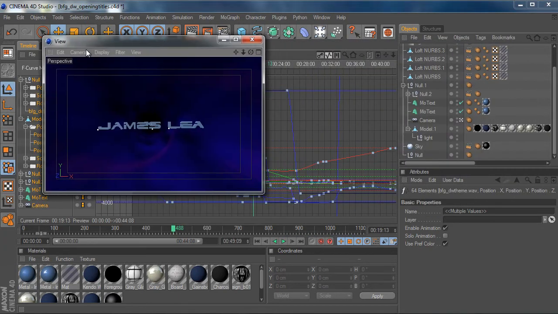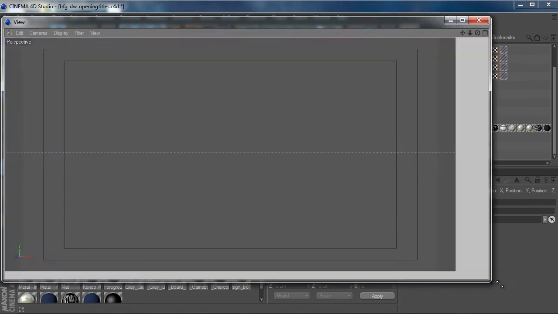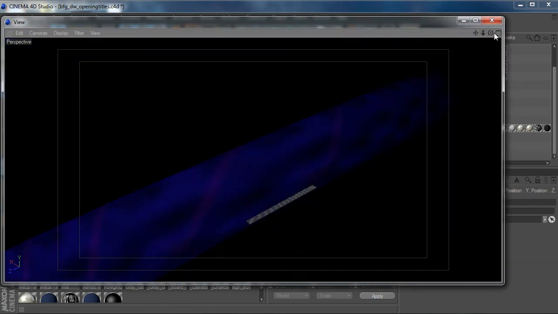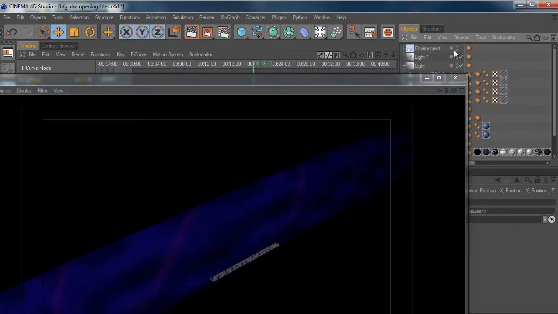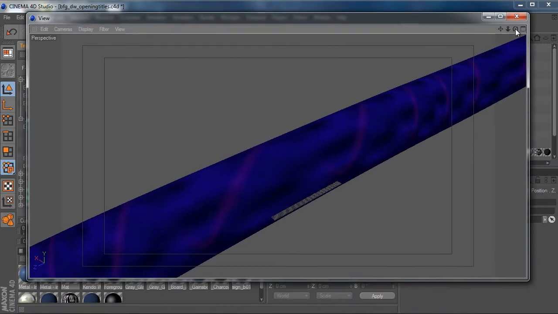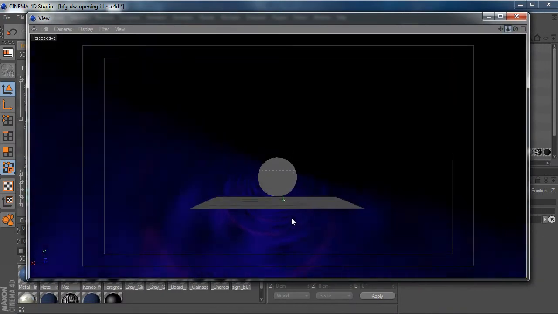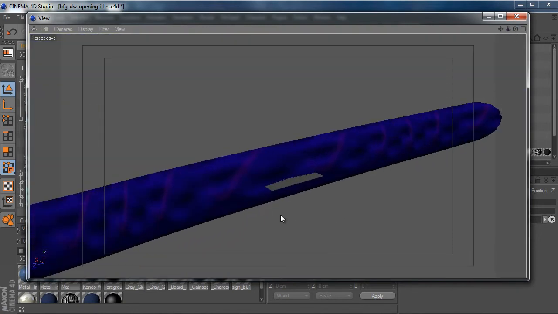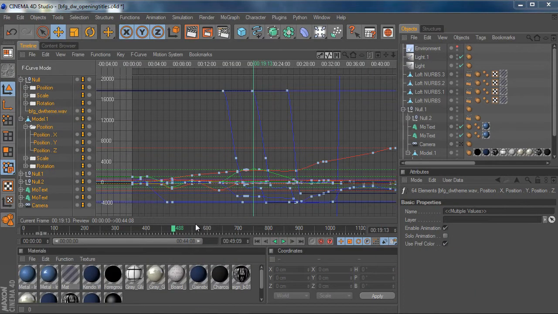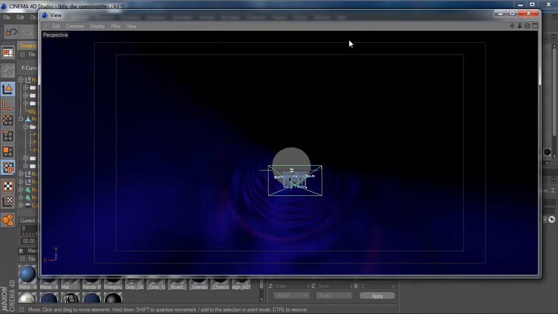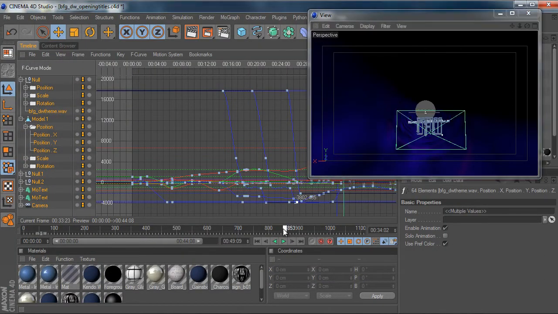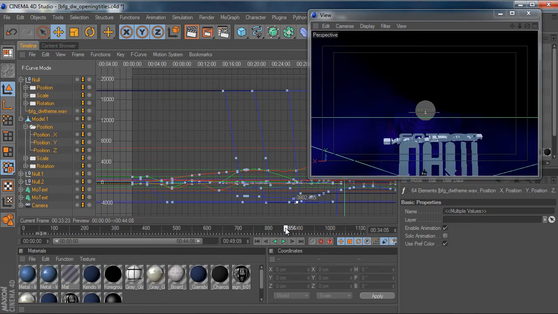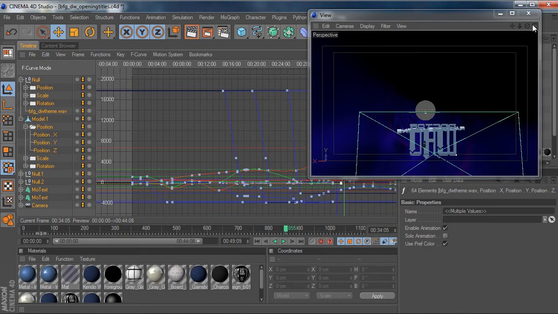And another thing about this project, if I maximize the view window a bit, and I go to the editor camera, and let me turn off my environment so we can see things a bit better, you'll see the vortex is basically a tube. Now obviously we can't see quite ahead because of the limitations of the draw distance, but if I go somewhere in the middle where the camera actually catches up with where we are, let's see, if you have a look here, everything, including the camera and the text, is on what we call a null